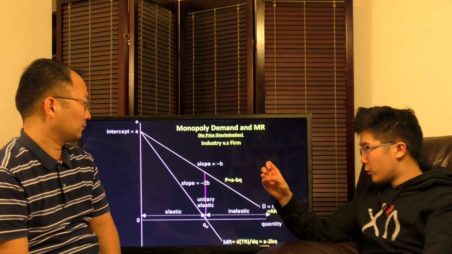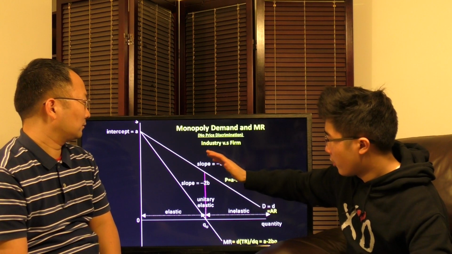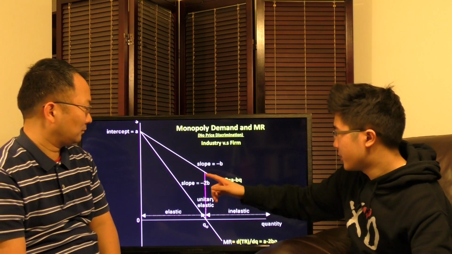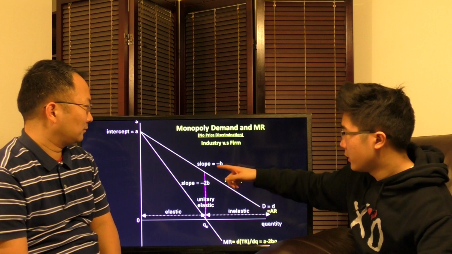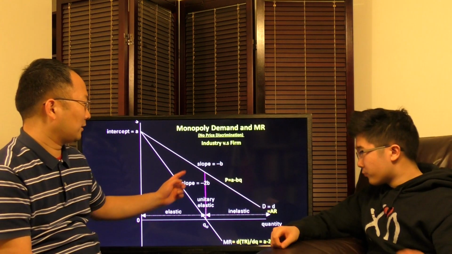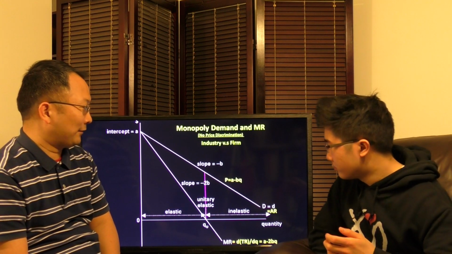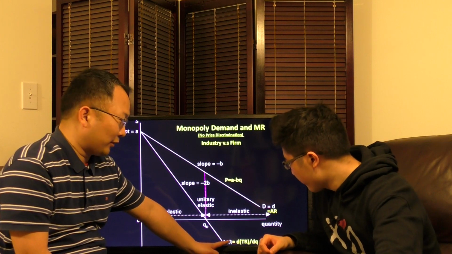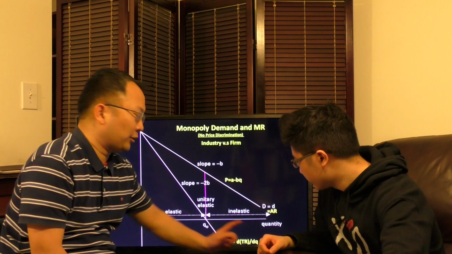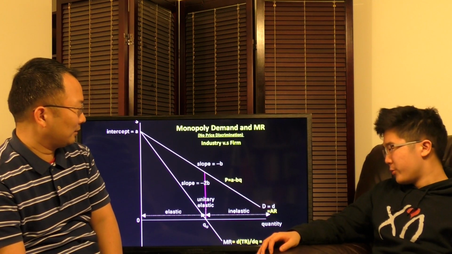The individual monopoly firm's marginal revenue curve is not the same as the demand curve. It's actually a separate marginal revenue curve where the slope is double the negative slope of the existing demand curve. It's negative 2B instead of just negative B. It's twice as steep as the demand curve. Actually, it's very easy to derive that from the marginal revenue definition, right? Marginal revenue is the derivative of total revenue with respect to Q, which leads to A minus 2BQ.